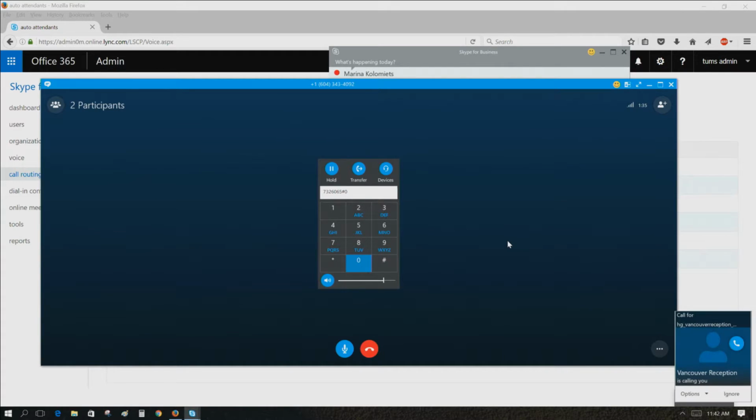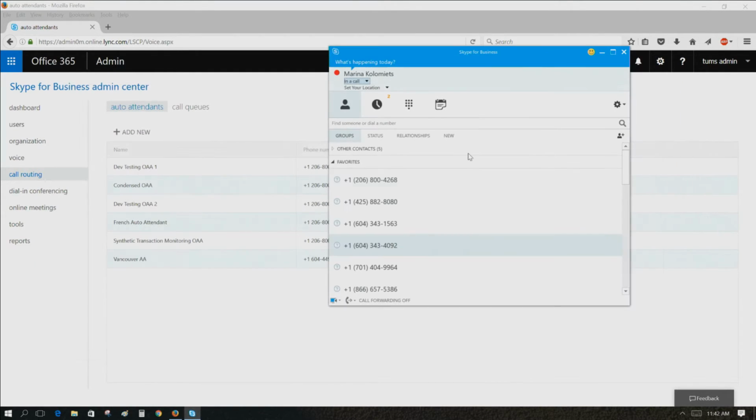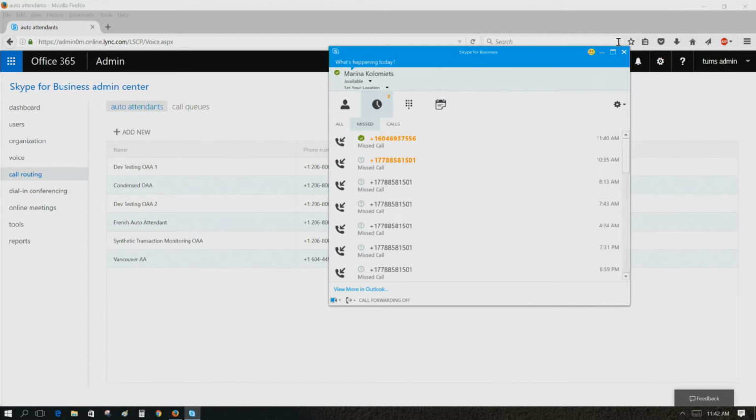And this is a call queue which I set up as an operator. That's a real call queue which is in PBX. Hello. And somebody at the reception just picked it up. So this is how it works